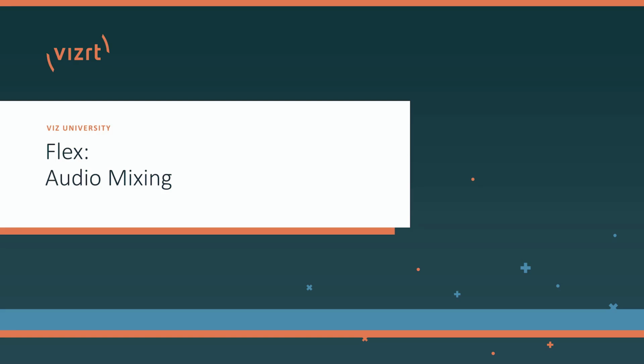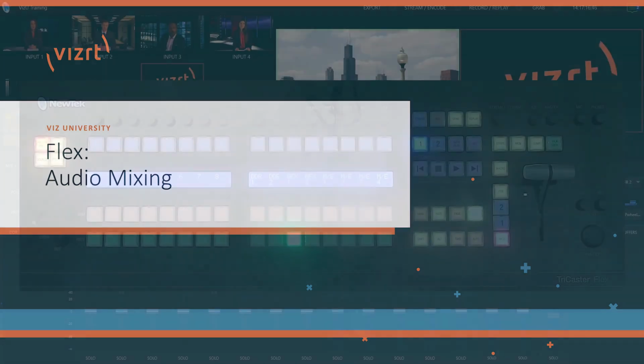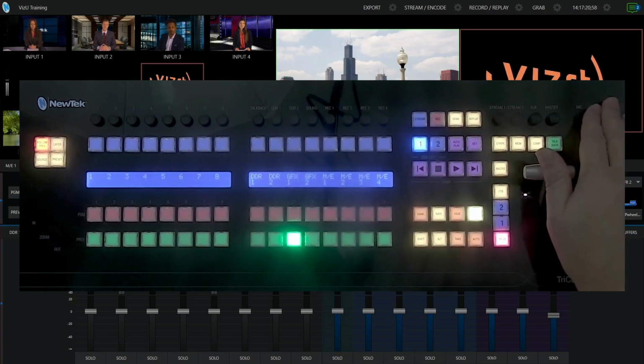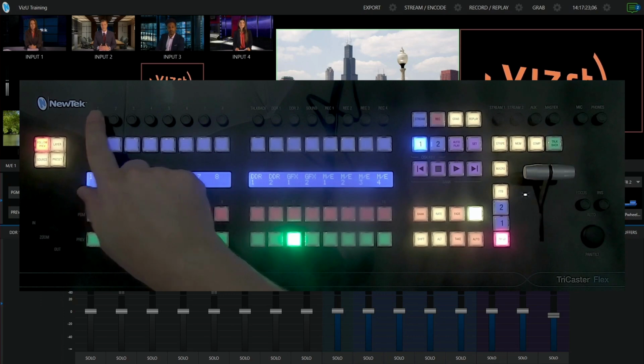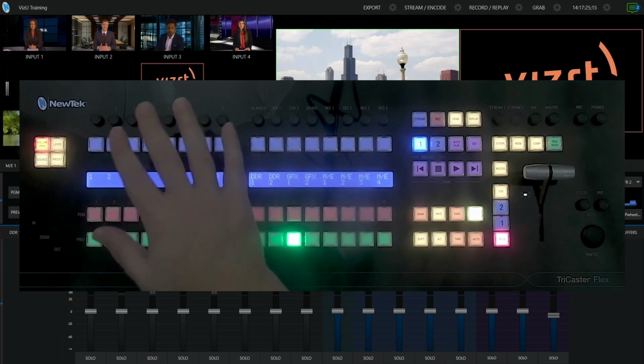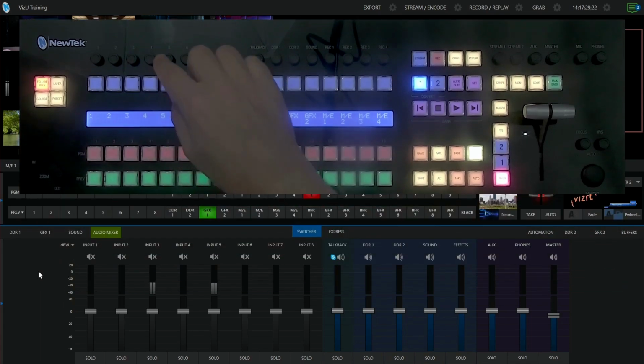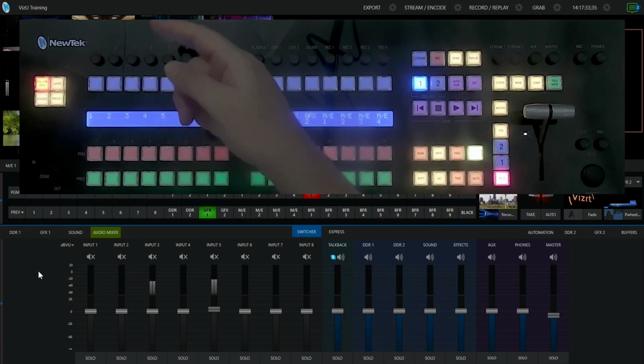The Flex control panel has the ability to operate the TriCaster audio mixer. You'll notice across the top of the Flex is a set of knobs. The first set, labeled 1 through 8, will affect the first 8 audio inputs coming into your system. Now, beyond being able to rotate these to adjust levels, you can also push the knob to mute or unmute